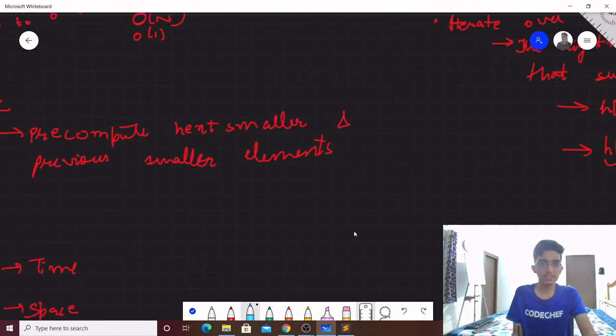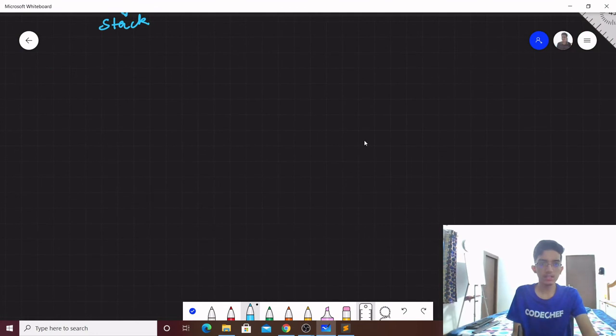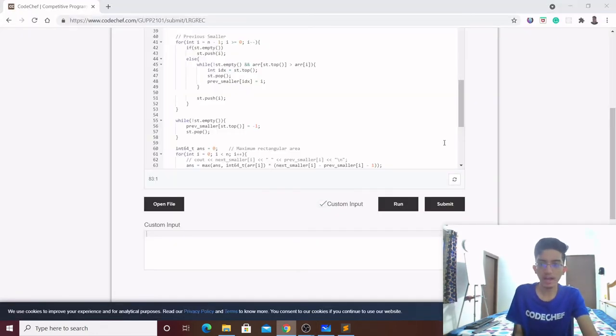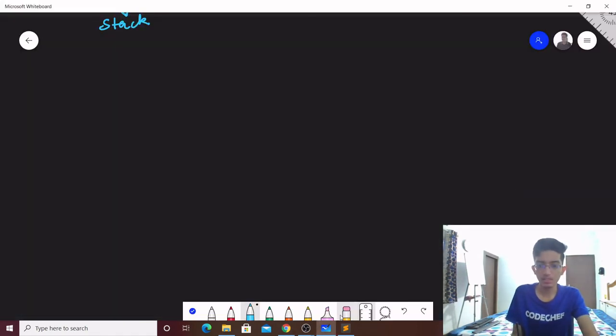So let's take a simple example. Let's say our array is like this: 2, 2, 5 and 6. We are going to find the next smaller and the previous smaller.